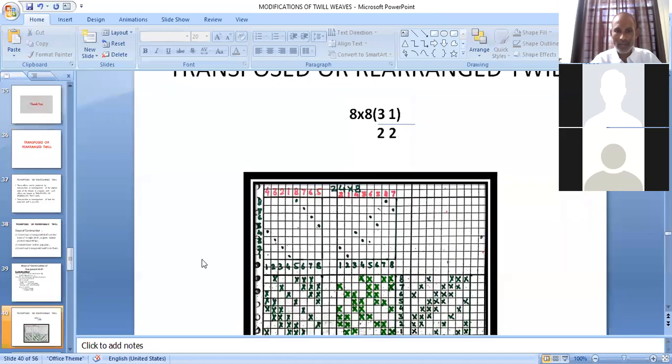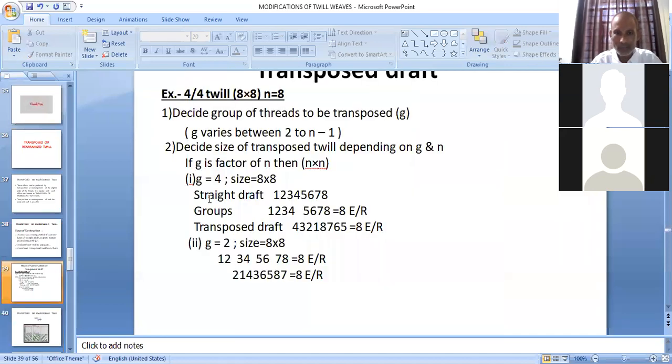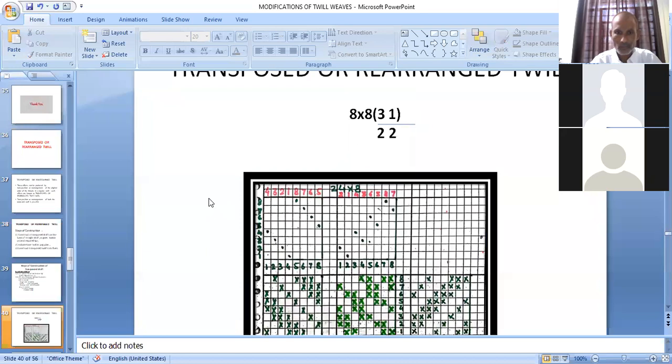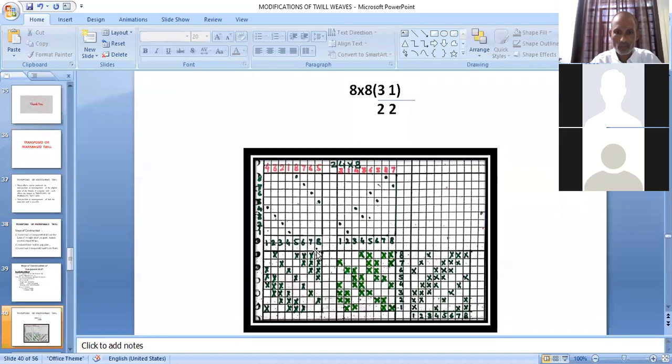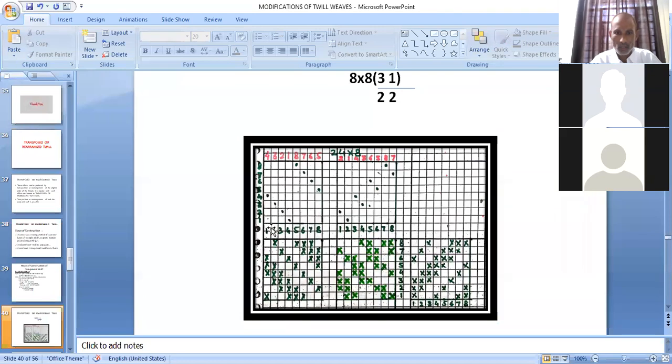Just to remember it, I have written it on the draft. I have also written the numbers method here. This is the first draft 4, 3, 2, 1, 8, 7, 6, 5. It is converted into the graph paper method 4, 3, 2, 1, 8, 7, 6, 5.